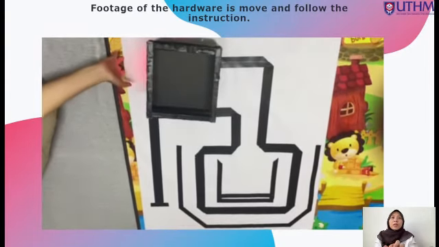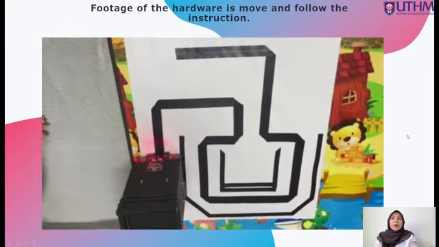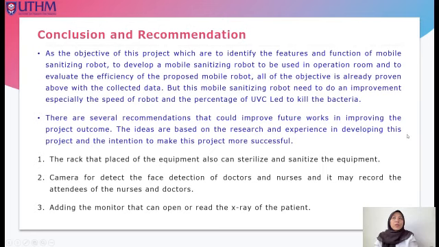So next is the conclusion and recommendation for this project. The objectives of this project are to identify the features and functions to develop a mobile sanitizing robot, and to evaluate the efficiency of the proposed mobile robot. All of these objectives are already proven, but this mobile sanitizing robot needs improvement, especially the speed of the robot and the percentage of UVC LED to